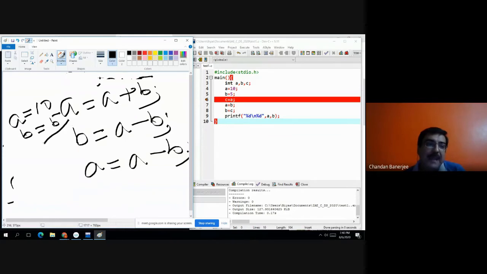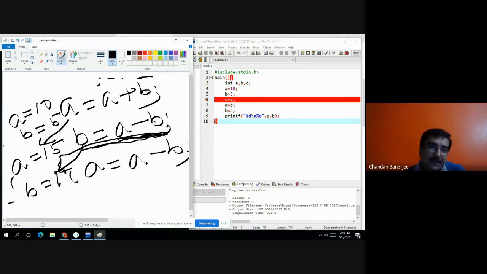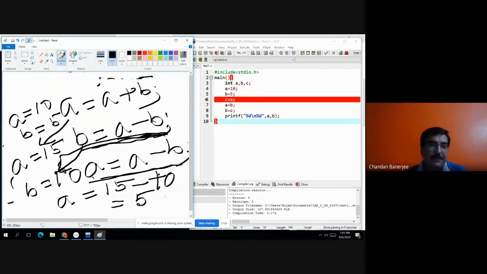So a plus b means a is now 15. b equals to a minus b means b equals to 15 minus 5, that is 10. And this one, a equals to a minus b. a is 15, b is 10. So ultimately a is 5. So now a and b values are swapped without using third variable.